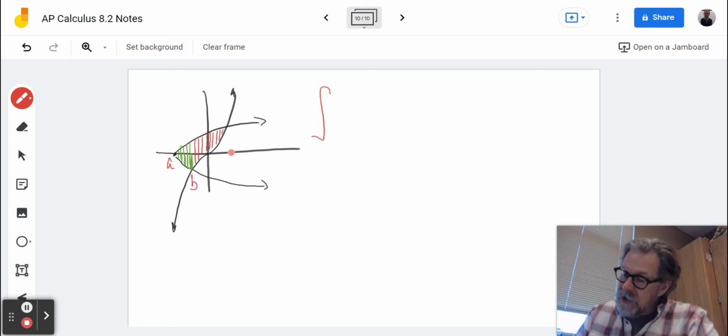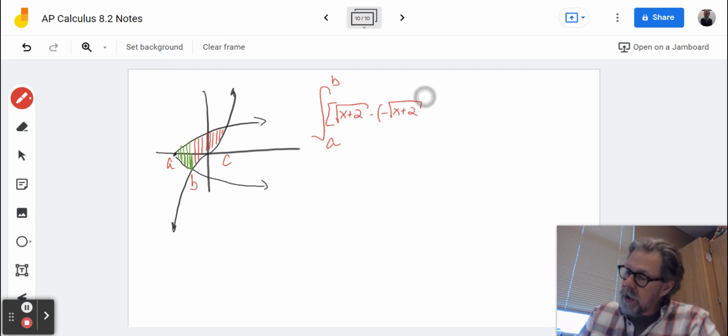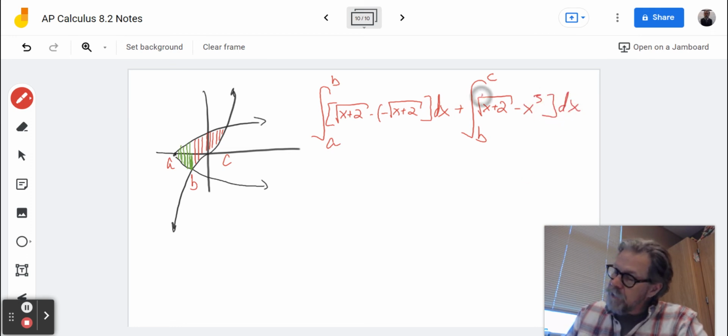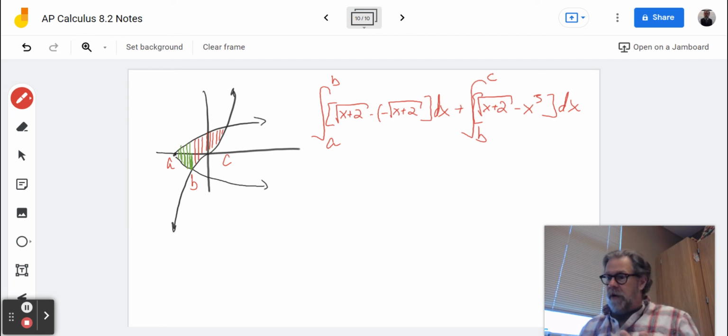let's call this B, let's call this C, from A to B of, well, square root of x plus 2 minus the negative square root of x plus 2 dx, plus the integral from B to C of square root of x plus 2 positive version minus x cubed dx. And right off the bat, I could already see that my initial choice of, hey, let's do horizontal rectangles